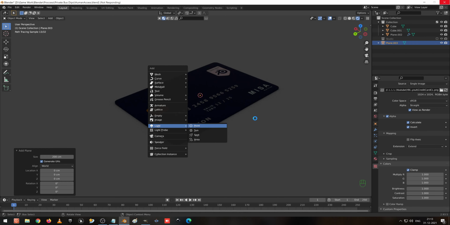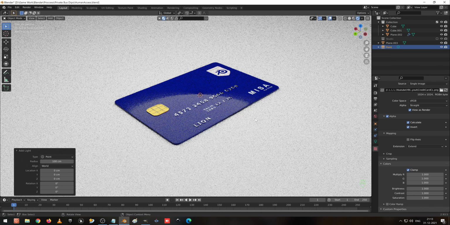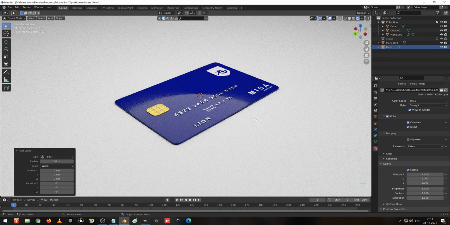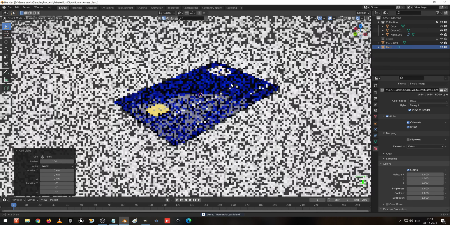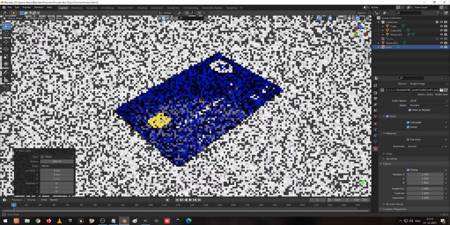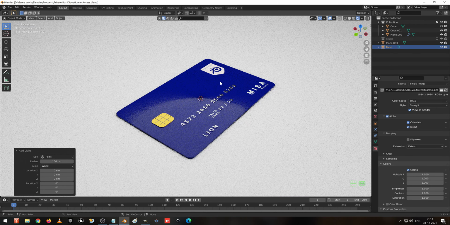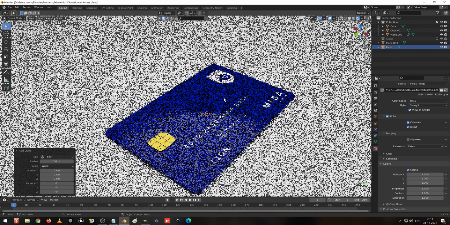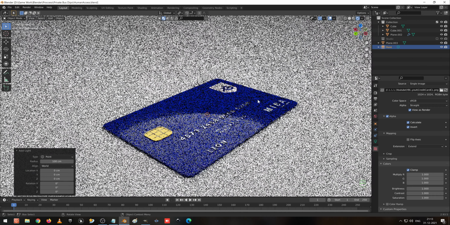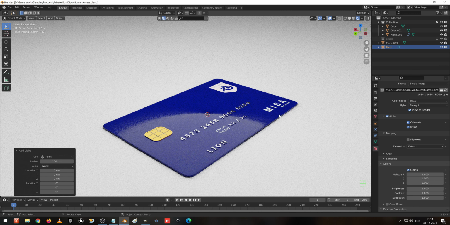Before that, always save the files, because sometimes while rendering it can get corrupted, so I will save it once. So this is the way the card looks. Okay, fine, it looks very nice.